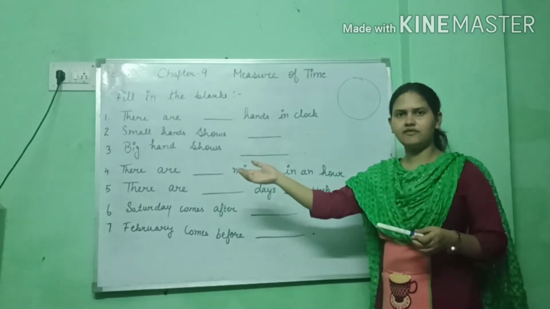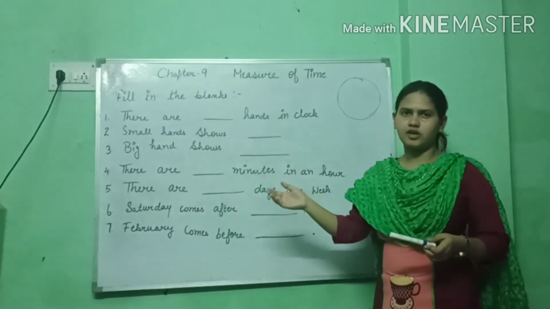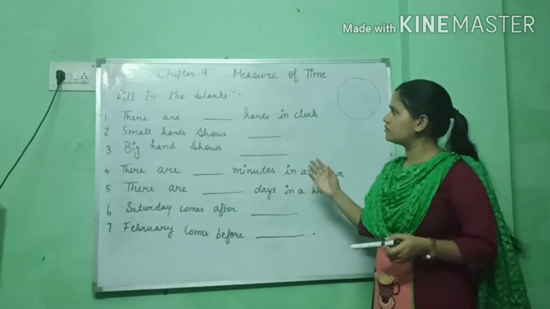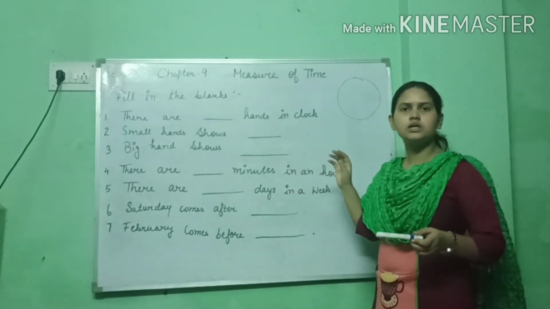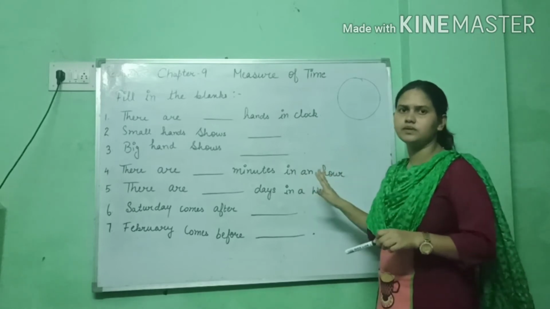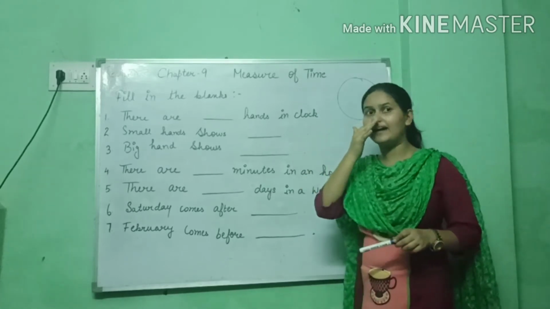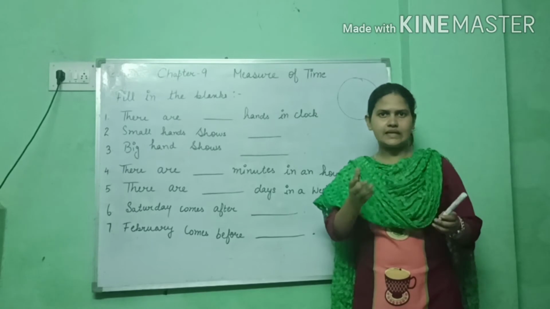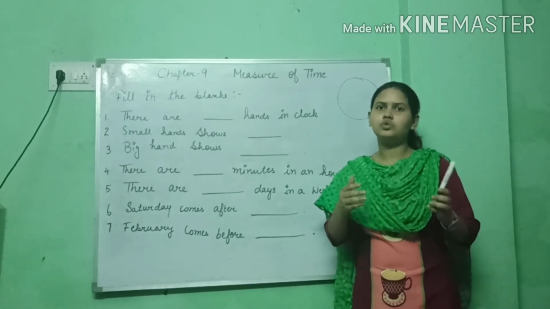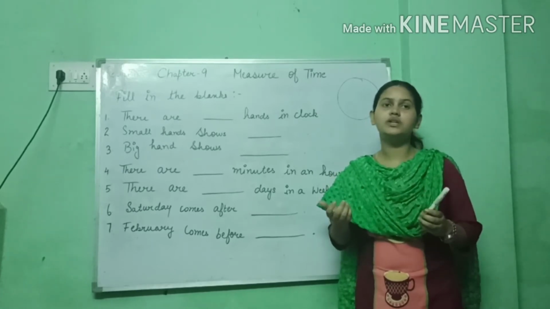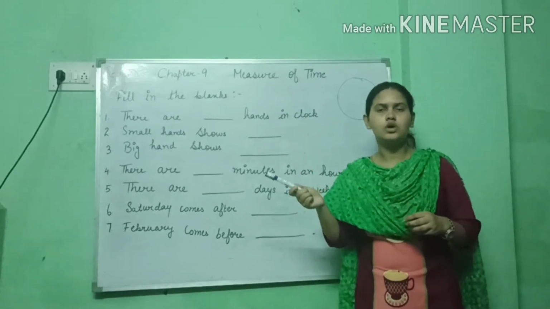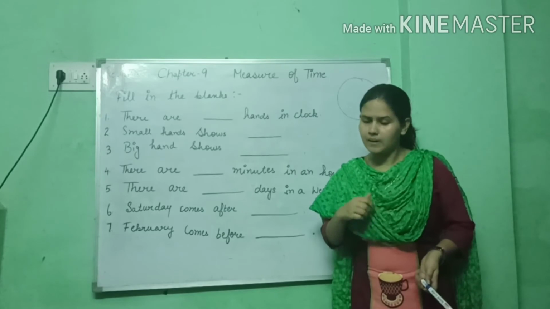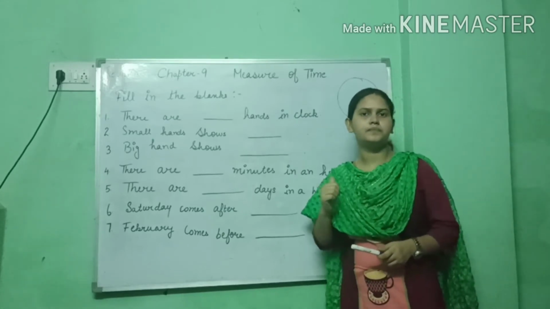So as we have done our chapter 3 subtraction, we are starting our measure of time, which is chapter 9. But this is the assessment first 4th chapter. It's the 9th chapter which we have added, right? Because at this age you have to learn to read the time, right? How to read the time. As in the previous videos of our classes, we know how to read the time, but now we will revise it.